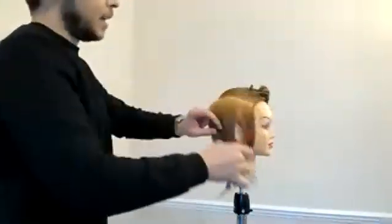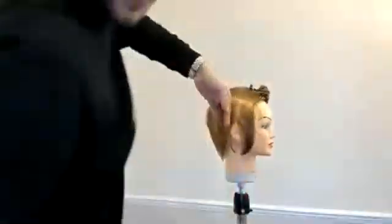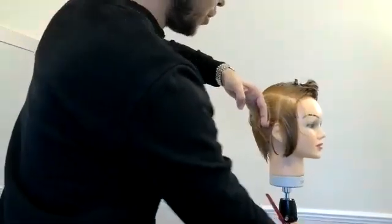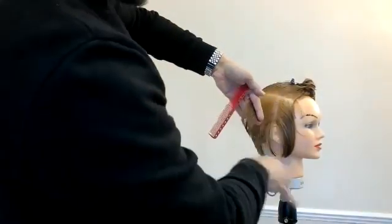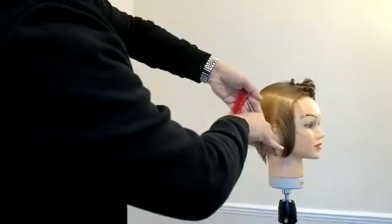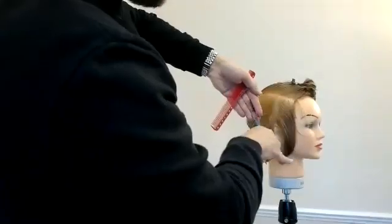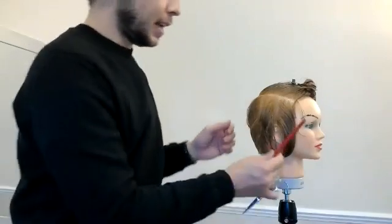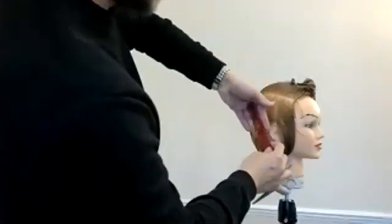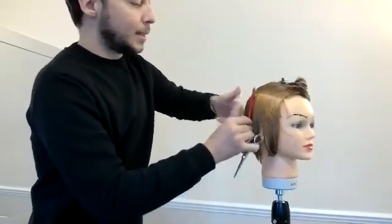So sections again, keep your work really neat and tidy. You all know that I'm quite funny on sectioning. I think sectioning is so crucial to make sure your roadmap is staying where you want it to go. I get a bit angry and a bit annoyed when I've got unneat sections and untidy work. By the end of it, my work looks terrible because I just get a bit lost. And if I've got sloppy sections, it means my work's going to be sloppy. So really make sure that your work is neat and tidy the whole way through. Your sections are so important to doing that. And it's not just in cutting